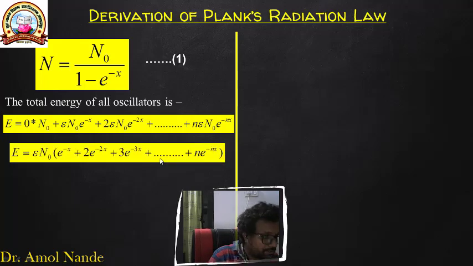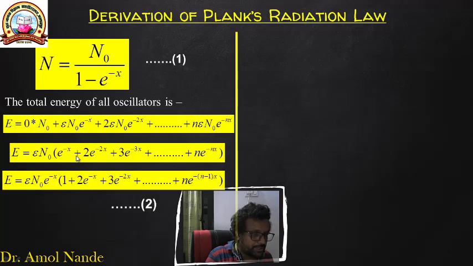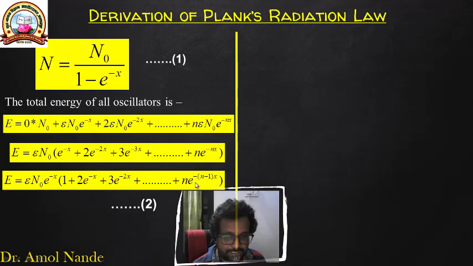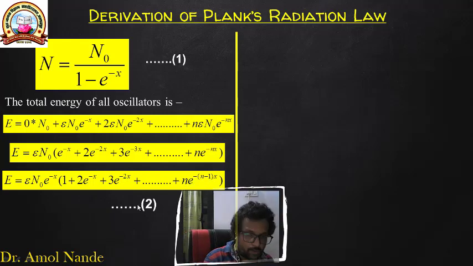अगेन अगर आप चाहो तो एक वाली टर्म का आंसर है तो पहली टर्म चली जाएंगी, इट इज जीरो, मल्टीप्लाई बाय एनीथिंग इज जीरो। सभी जगह पे देखो epsilon n0 कॉमन है, सो वी कैन टेक दैट कॉमन आउट। वी कैन ऑल्सो कॉमन e to the power minus x। अगर मैं यहां से करूंगा तो 1 आ जाएगा, यहां से निकालूंगा तो 1 चला जाएगा, e to the power minus x बचेगा। यहां से निकालूंगा तो 1 चला जाएगा, e to the power minus 2x चला जाएगा। वैसे इन जनरल क्या बोल सकते हैं? n minus 1 x। दिस इज सिंपल मैथमेटिक्स। फर्स्ट वी टेक आउट epsilon n0 कॉमन, देन वी अगेन टेक आउट e to the power minus x कॉमन।